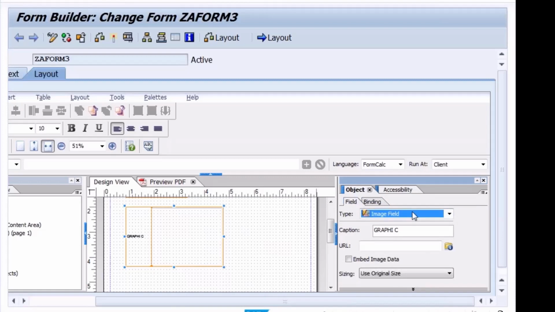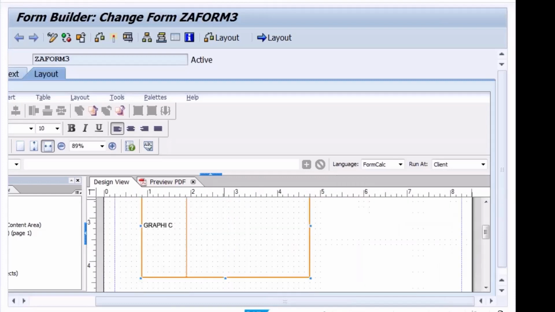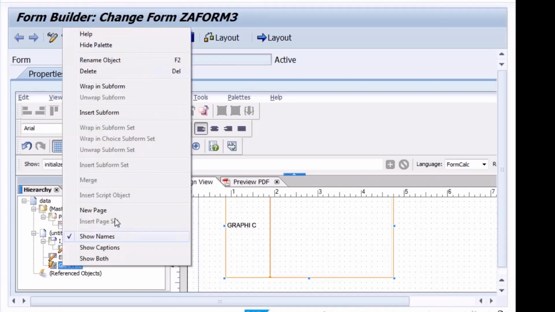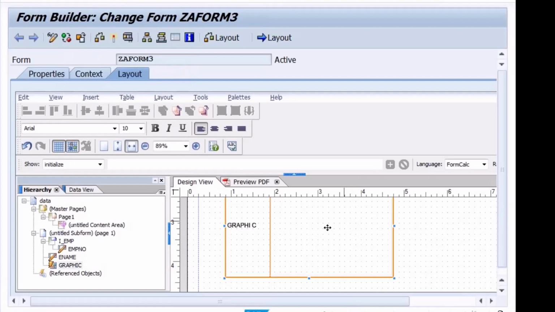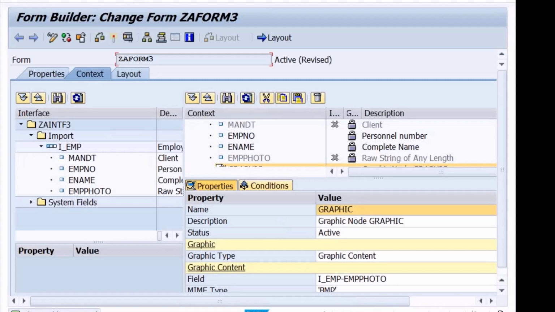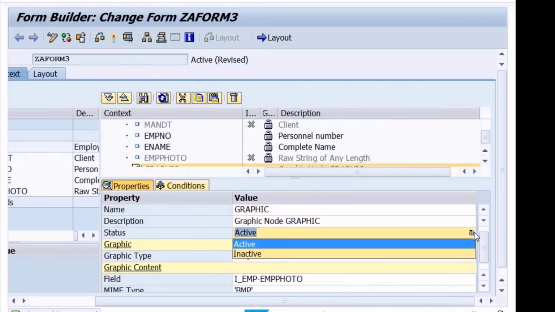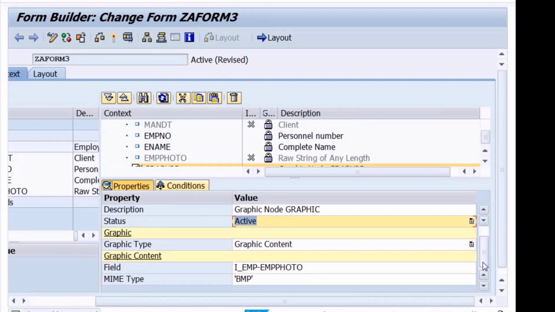I got a similar kind of issue, not now, a couple of years back when we were in WebDynpro, I did something. I forgot what I did. Let me go back to the context. Graphic content I give as I underscore emp hyphen emp photo only, right? It's active only.